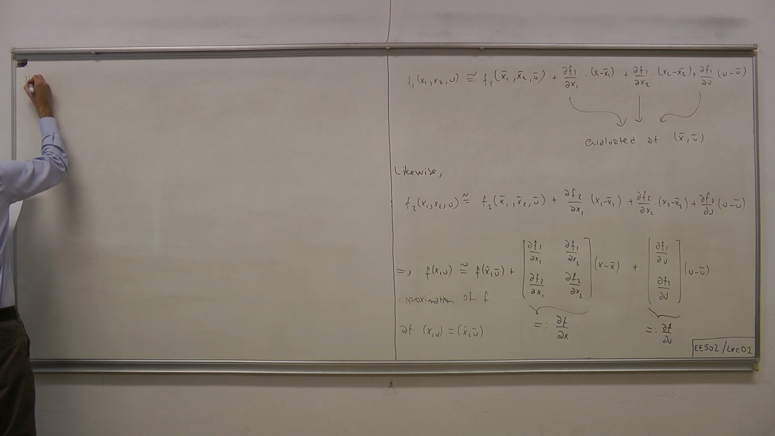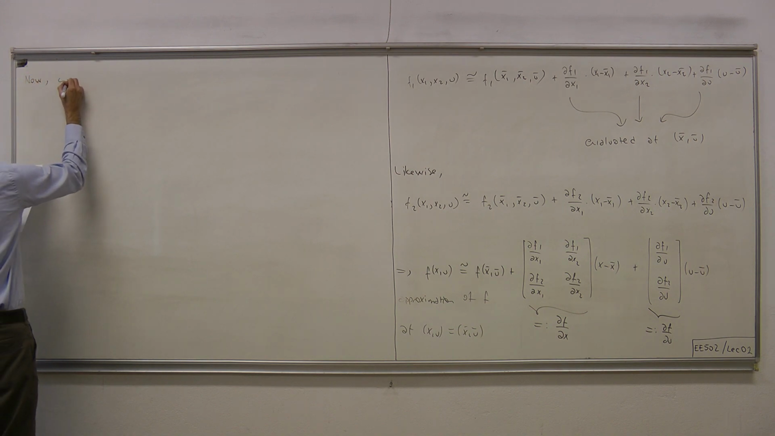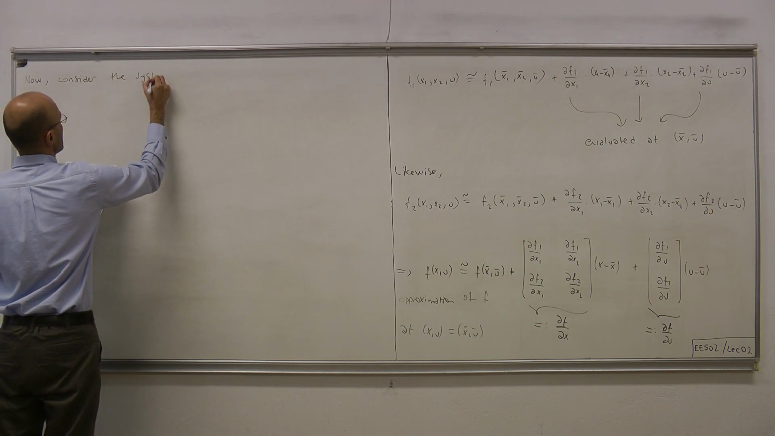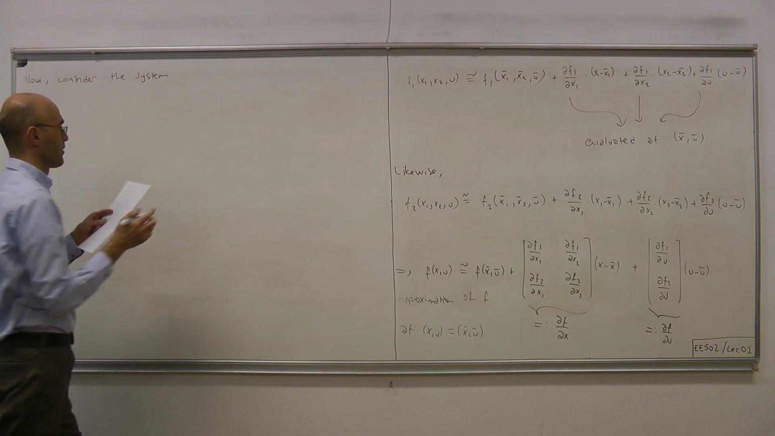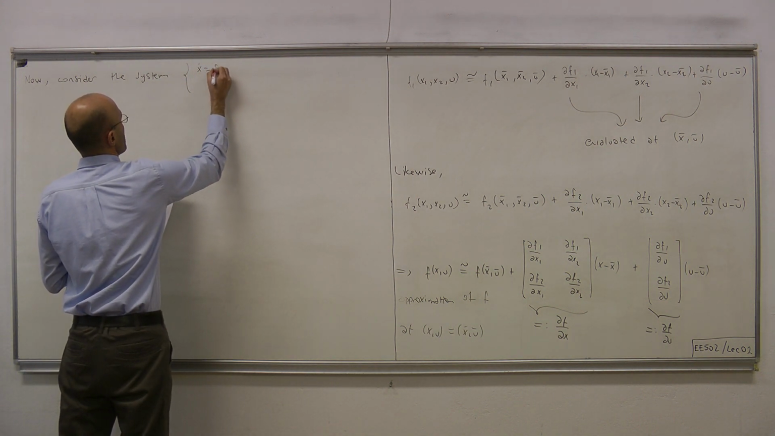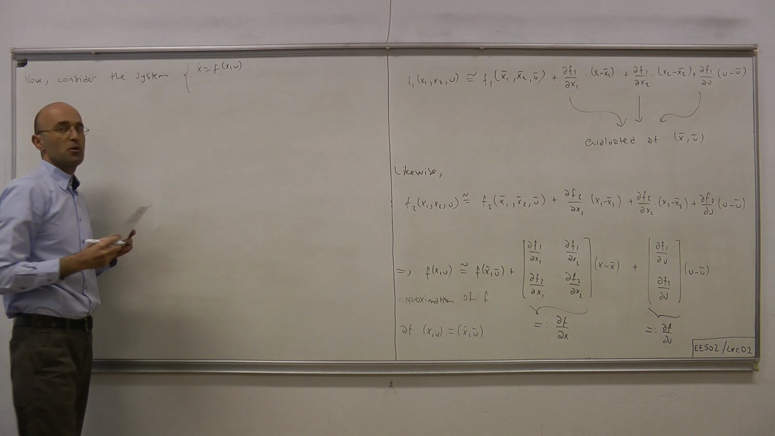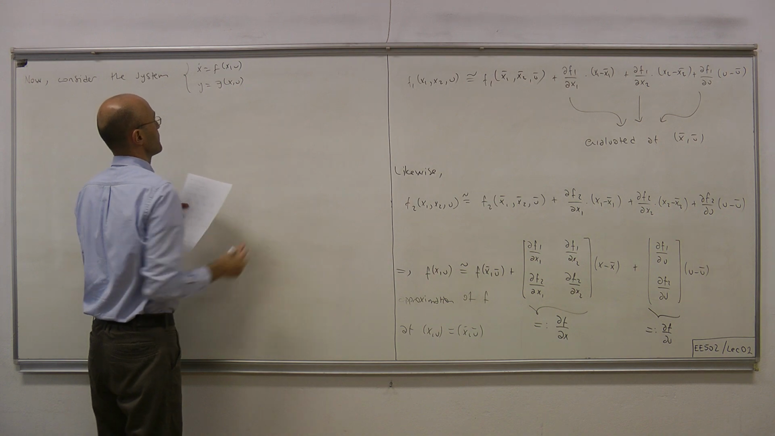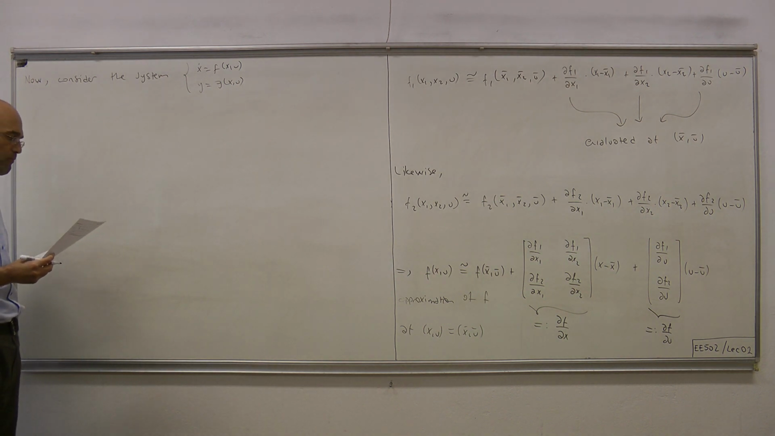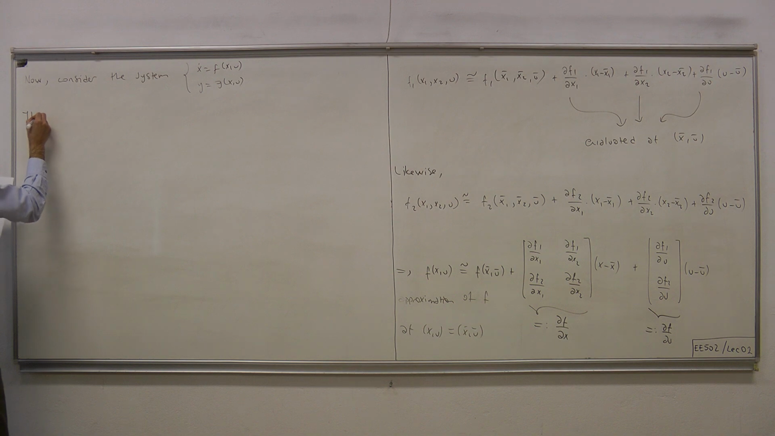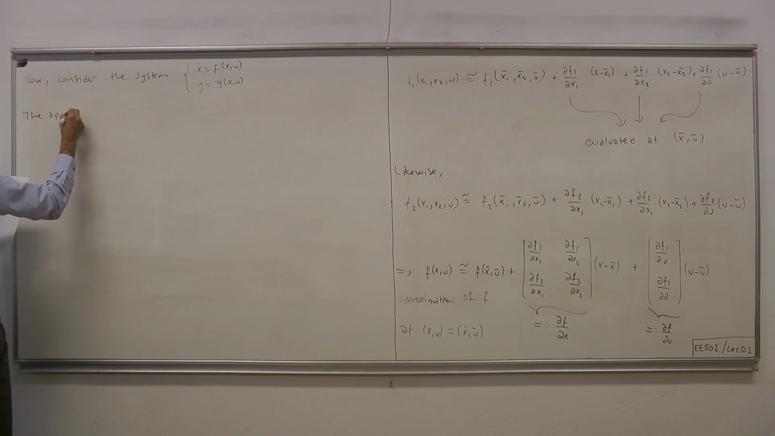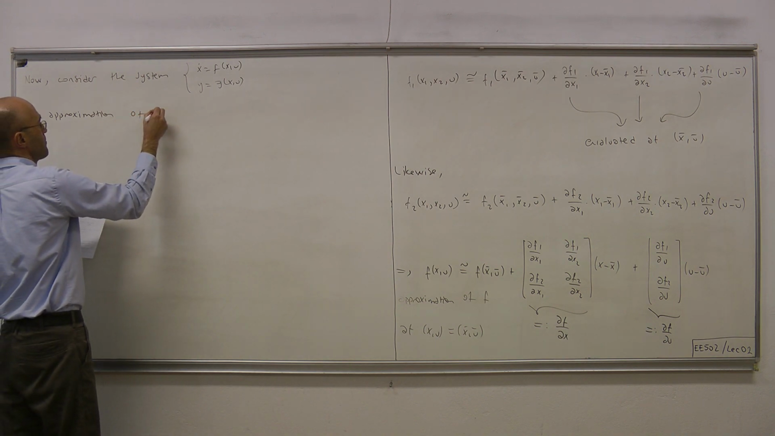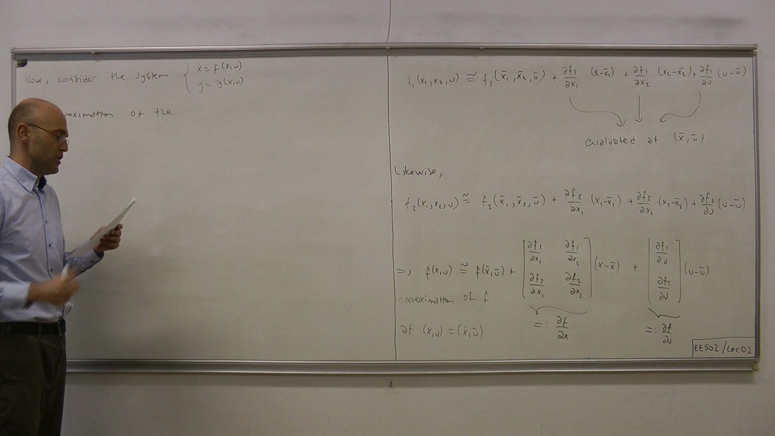Okay, now return to nonlinear dynamics. Consider the system in state space representation: x dot equals f of x, u, and the output y equals some function of x and u, g of x, u. Now the approximation of the right-hand side, namely the functions f and g,